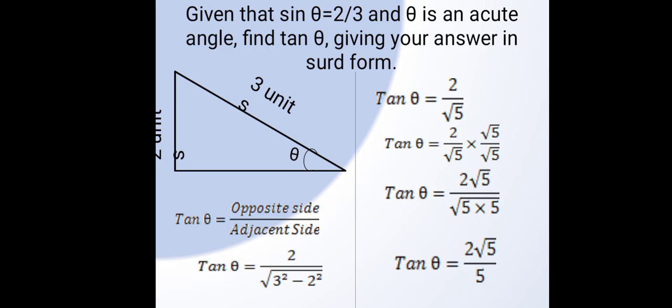Now, what about the adjacent side? The adjacent side, we shall take 3 units squared less 2 units squared, and then get the square root. So tan theta, which is the opposite over the adjacent side, will be 2 over